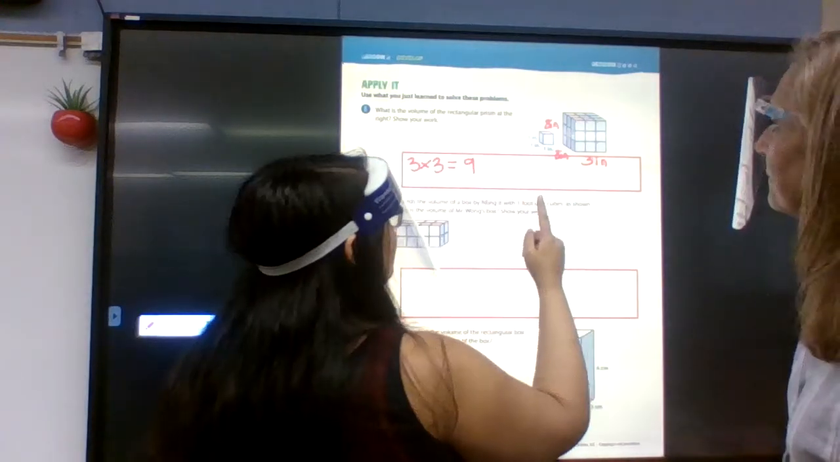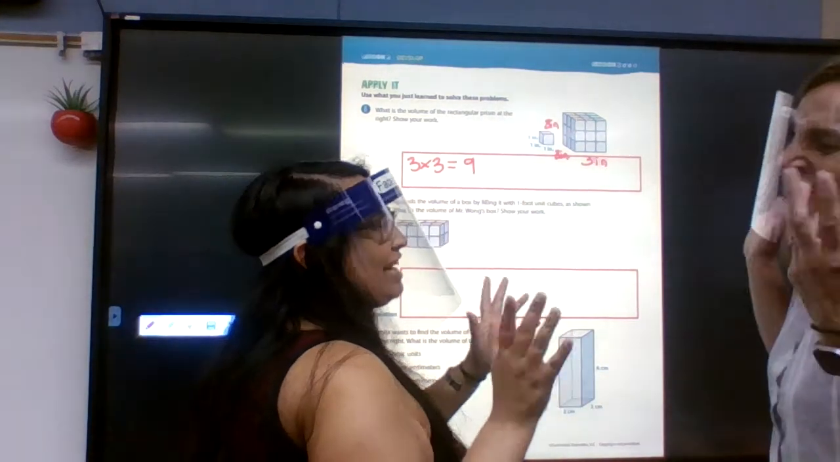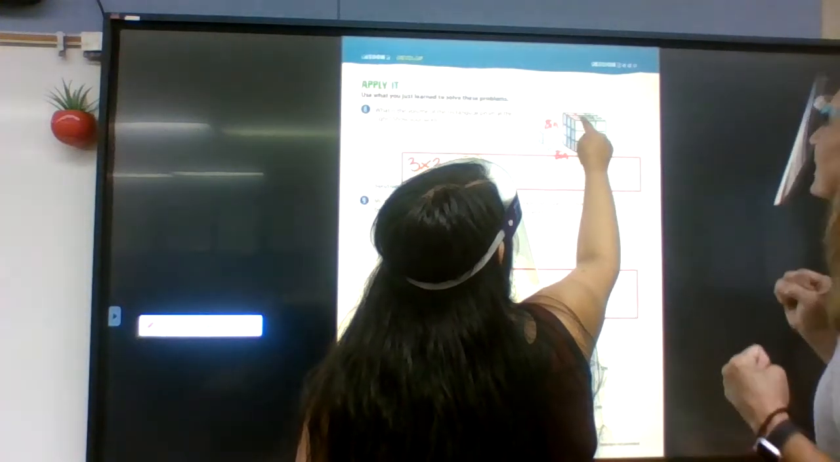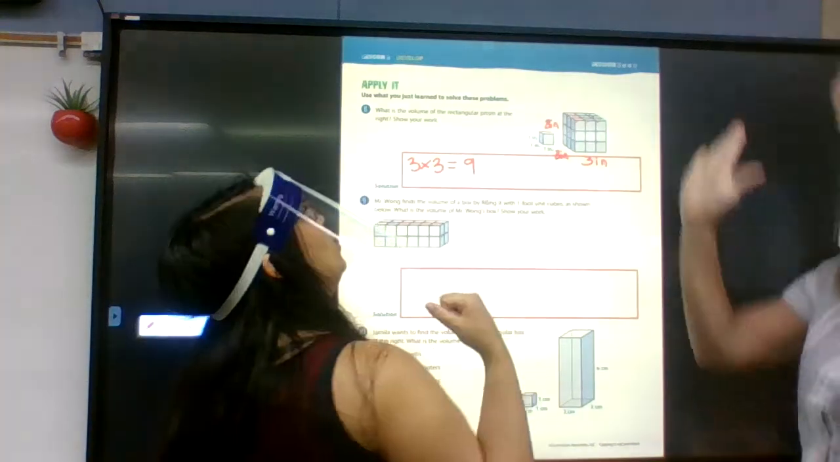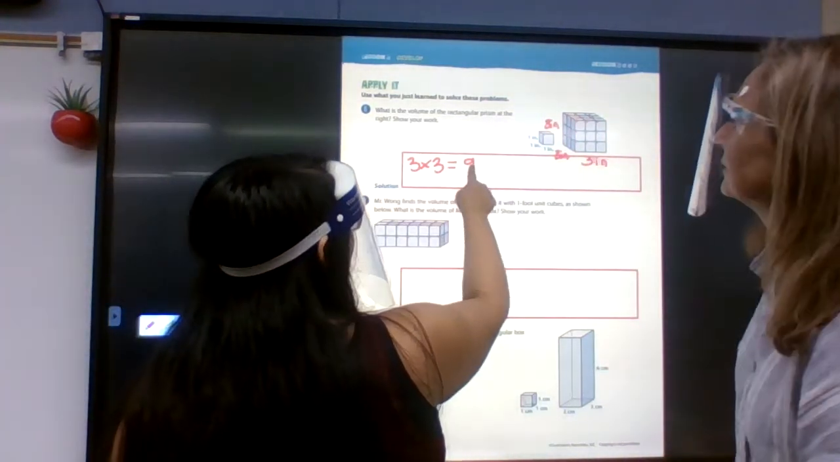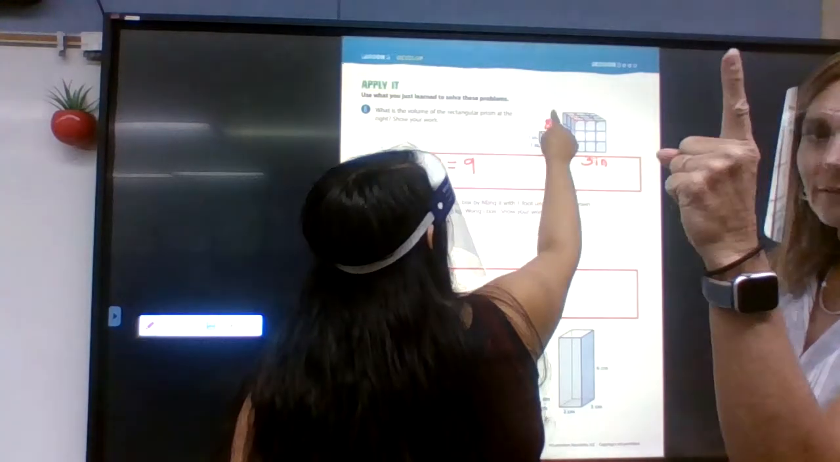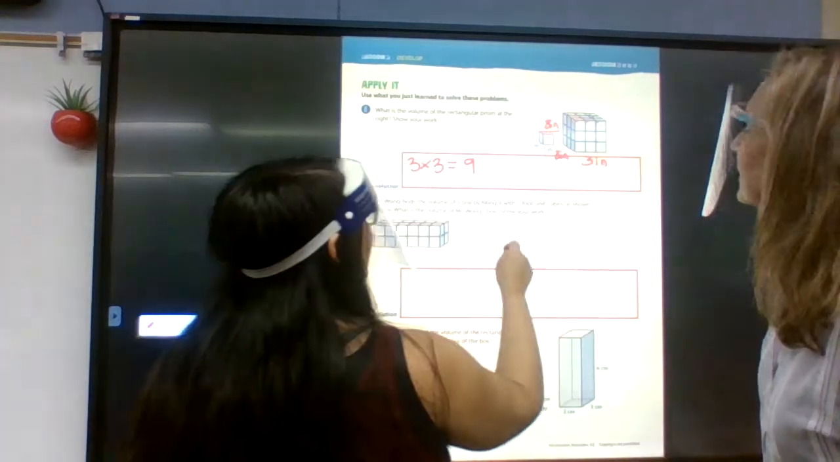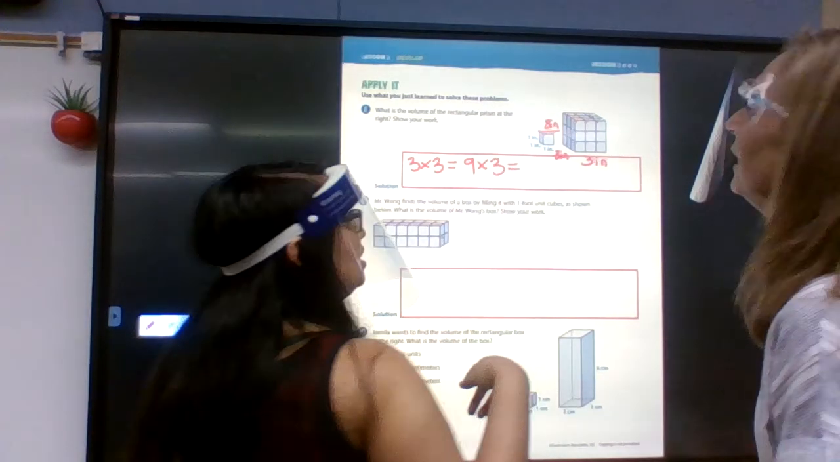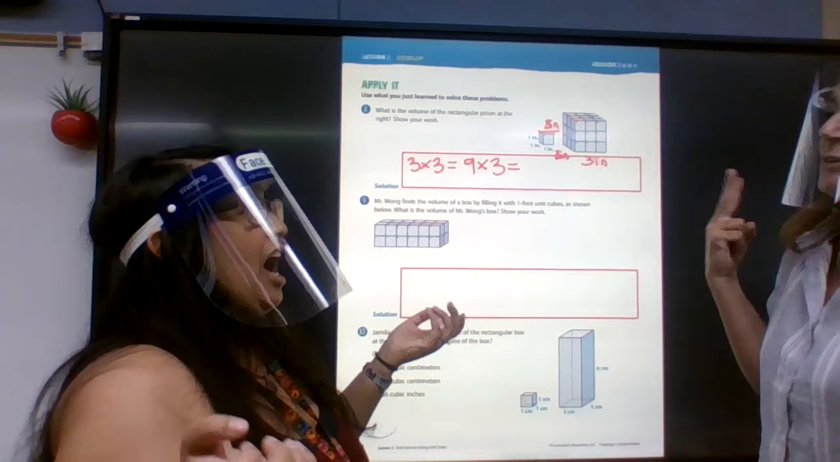Now, maybe we should count just to double check. Okay, let's try it this way. Ready? 1, 2, 3, 4, 5, 6, 7, 8, 9. We did it. It's right. So we said we do 3 times 3, which is 9. That's one layer, right? Now we have to multiply by the layers. So times 3 more equals 9 times 3 is